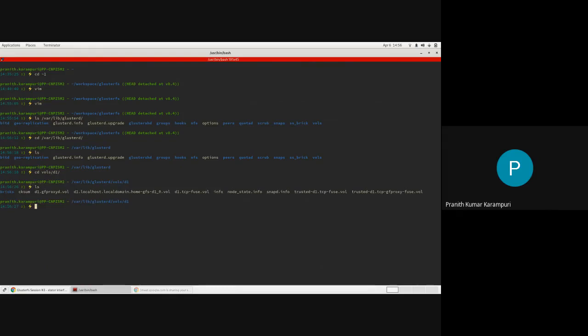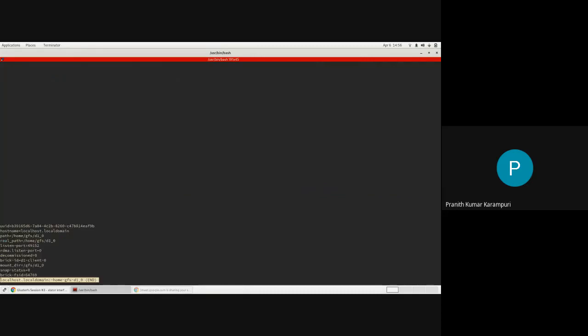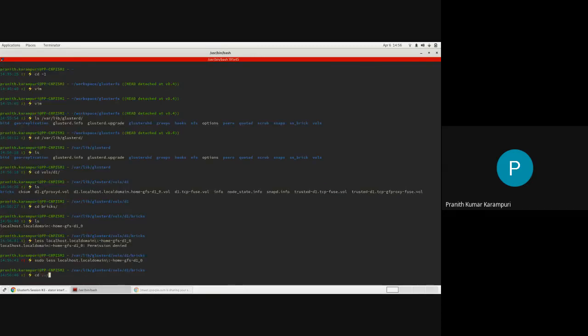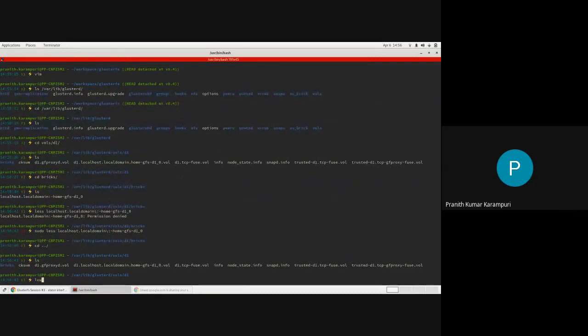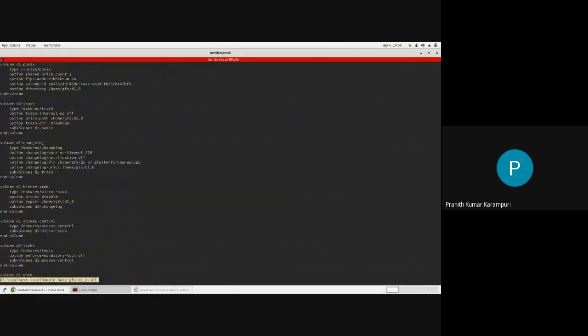Now, if you look at these vol files, these are the configurations that represent the graph. Let's take a look at one such graph in bricks first.